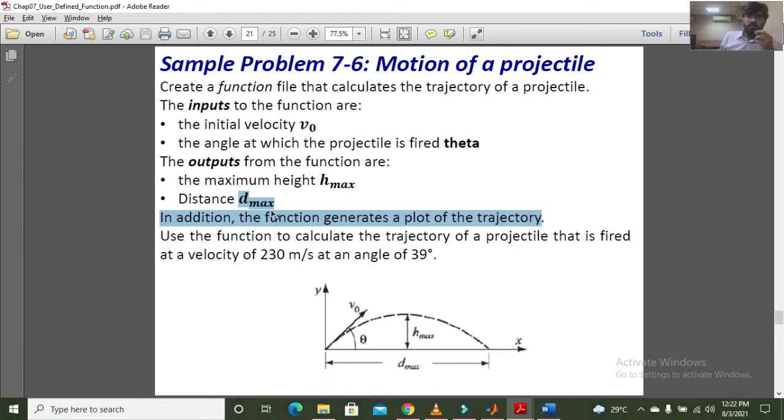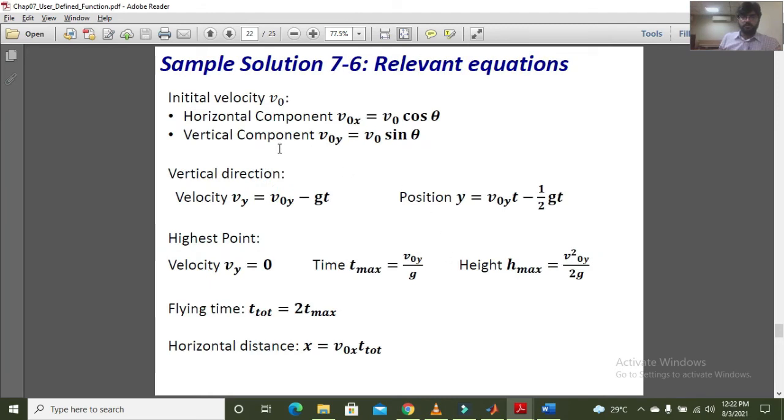I hope all of you must have studied projectile motion in intermediate, so you will have to recall those formulas and those concepts. These are some of the relations which you have already studied in intermediate level. So I am not going to discuss it over here. Obviously it is from the intermediate outline. You can go through it by yourself.